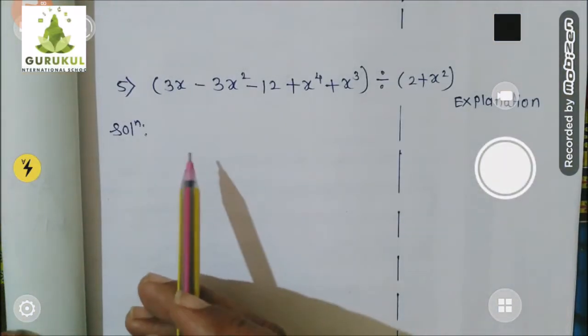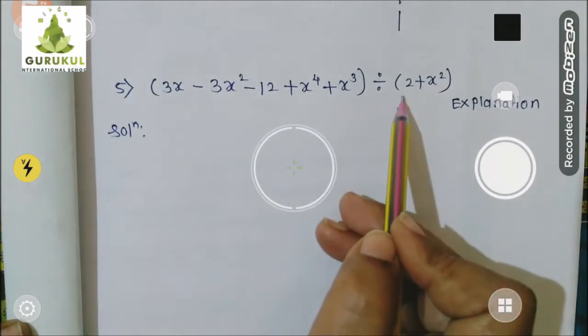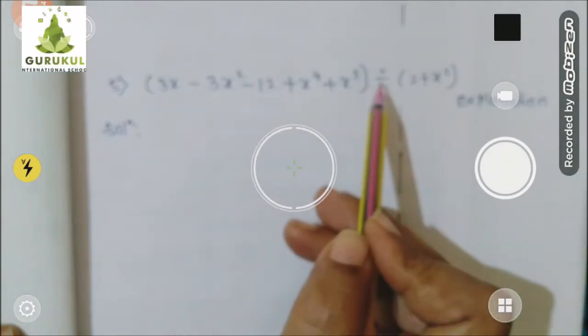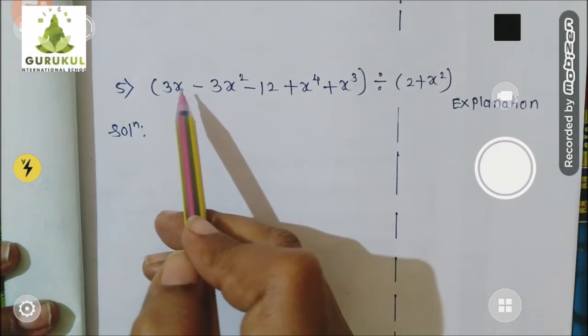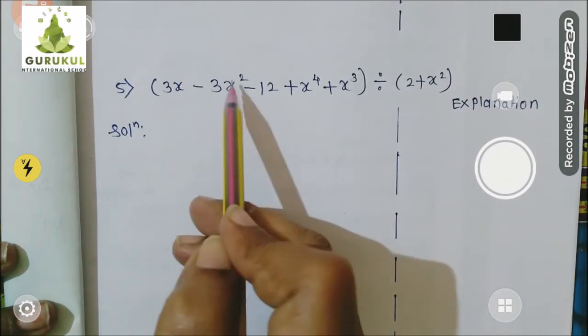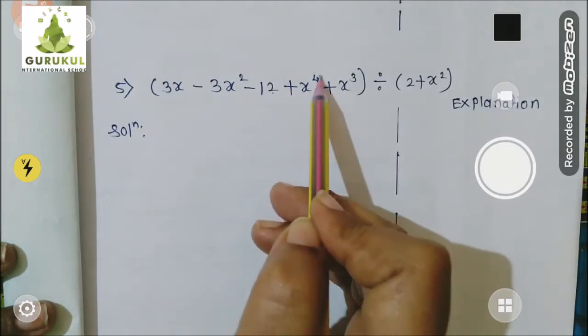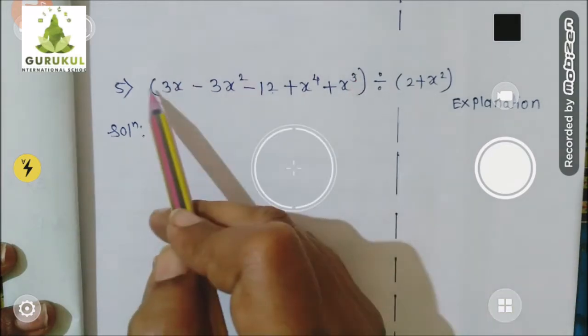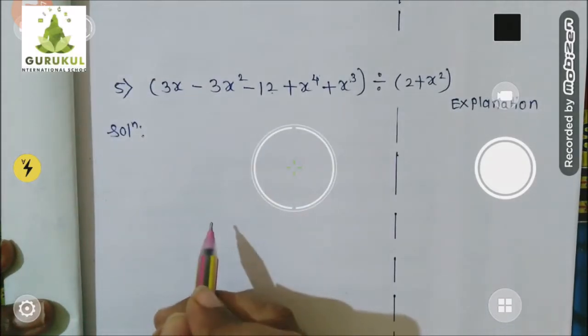So let's start. First step, arrange the dividend and divisor in descending order of power. If it is already arranged, then good. If not, you have to arrange it. You can see x raised to 1, x raised to 2, x raised to 0, x raised to 4, x raised to 3. Children, have they arranged in descending order of power? The answer is no. And that's why first you need to arrange them. Okay. So I am arranging them